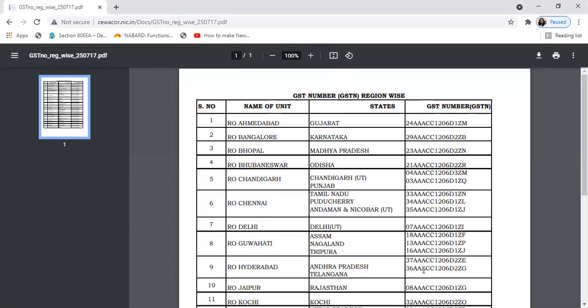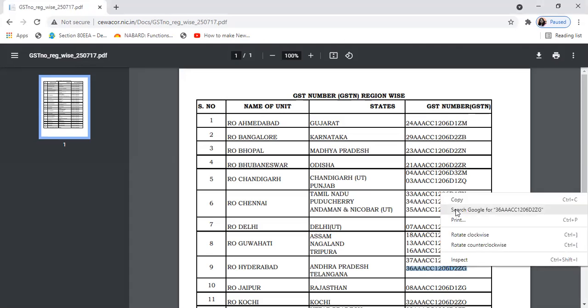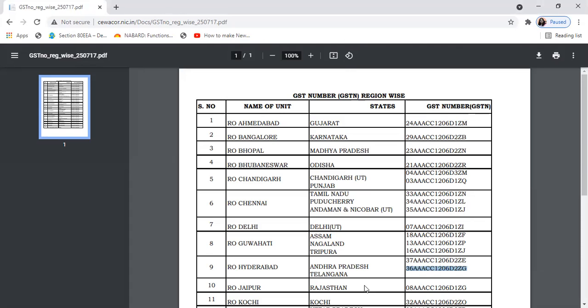36 AAACC 1206 D2ZG. So we'll copy it. Whether you can copy or not, we'll see. Let's just copy it. You cannot paste it.